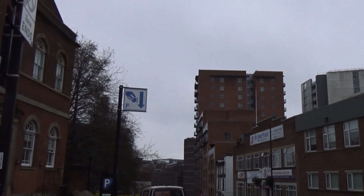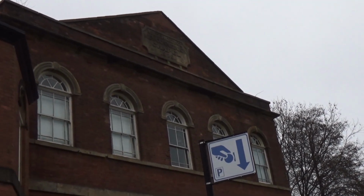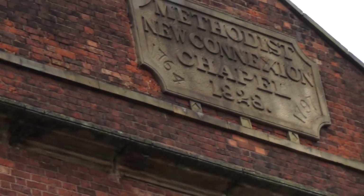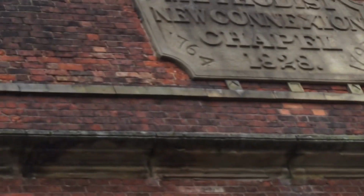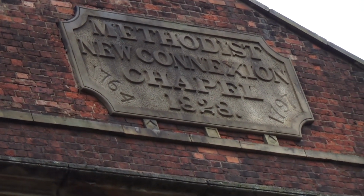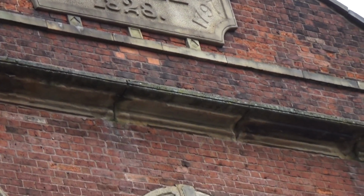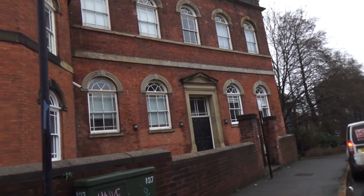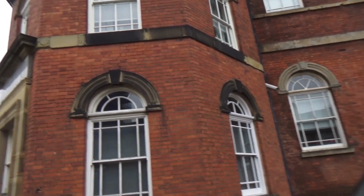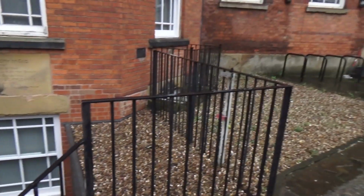I can see it up there now. So on the top of the church it says Methodist New Connection Chapel. See that up there? Just come around a little bit. That's Methodist. But that seems very early, that 1823 to me. Now, seems a bit strange that to me. This has actually got lower levels on it as well. See down here. Looks like it went much lower into the ground,